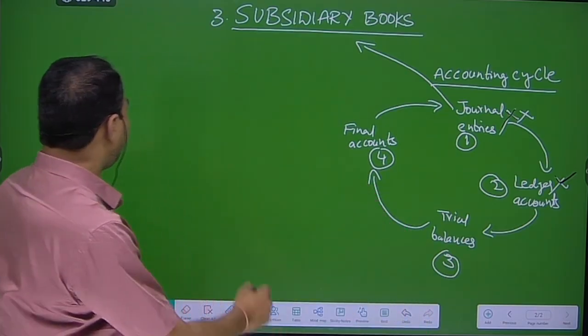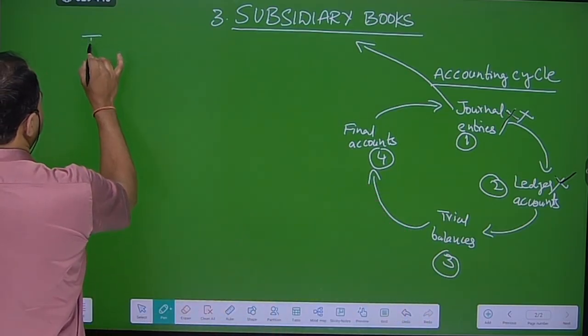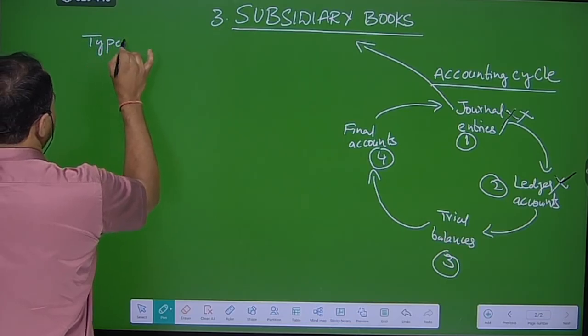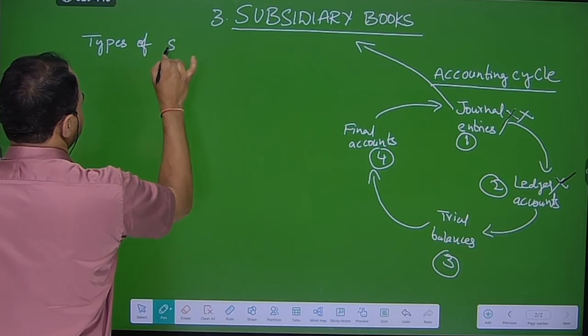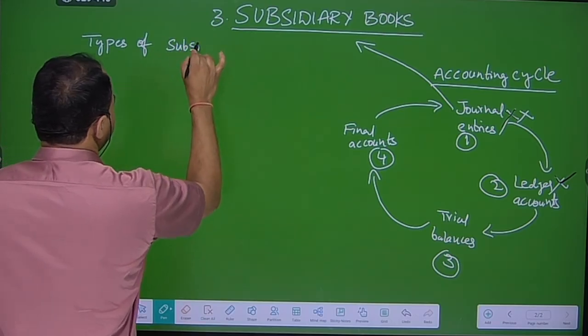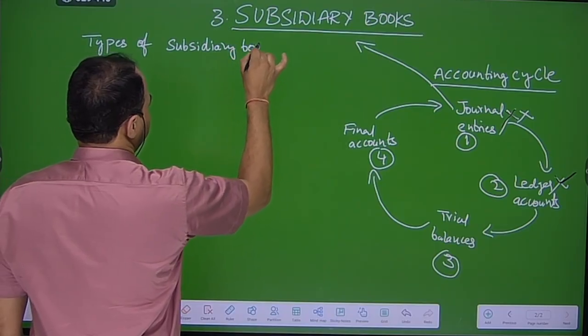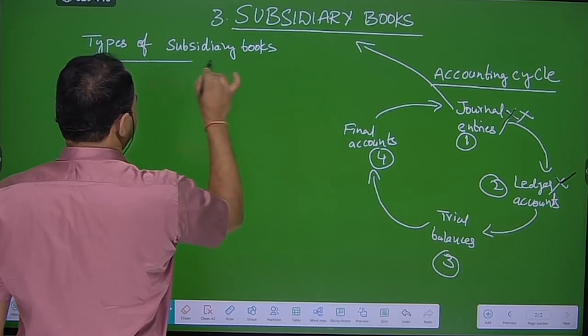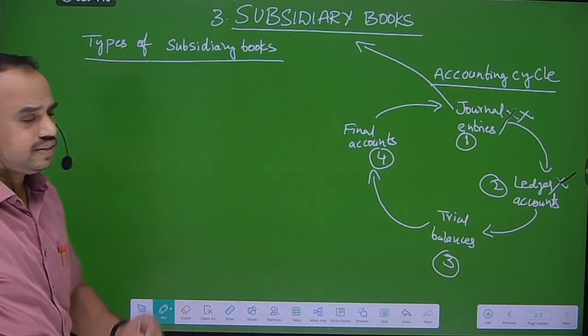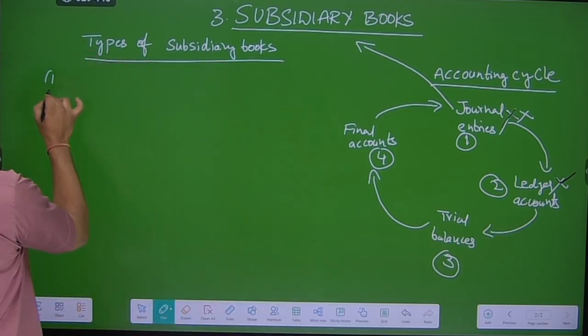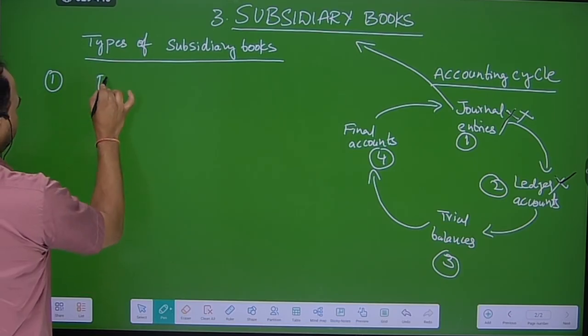Now we will see the types of subsidiary books. How many types of subsidiary books are there? There are 8 subsidiary books, beta. There are how many subsidiary books, beta? 8 subsidiary books. First